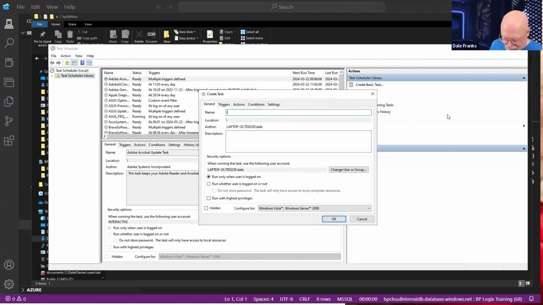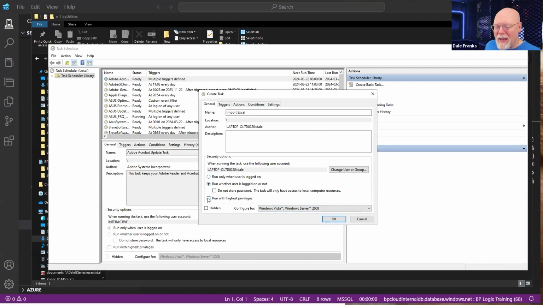And I'm just going to call this task import Excel. And we'll run it when I'm logged on. Notice I'm not going to go cowboying my way through the settings in the task scheduler. Run only when user is logged on. I think I'm going to want, actually, I wouldn't want that. On a normal system, especially if this is stuff that's happening at night, like I'm doing a nightly export out of SQL, I'm probably not going to be logged on. So I'm probably going to want to run this whether user is logged on or not. That's going to be fine.